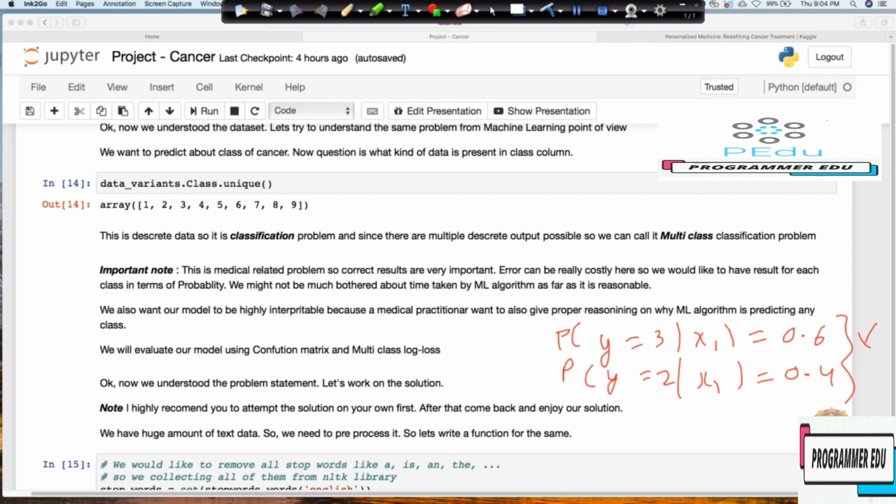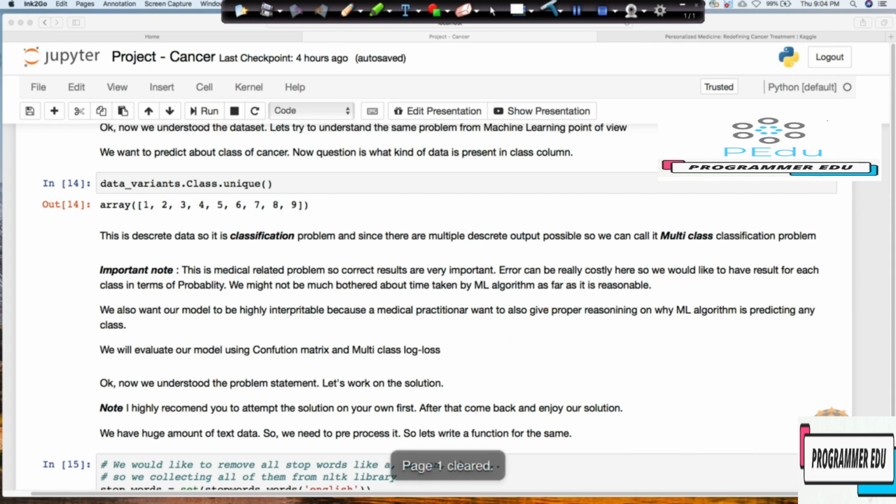So that's the reason I think the probability will be a very important factor here. In order to be more confident to avoid the error, we will be looking at our solution with respect to probability in this case. Okay. Now, one more thing we can attach to build more confidence is